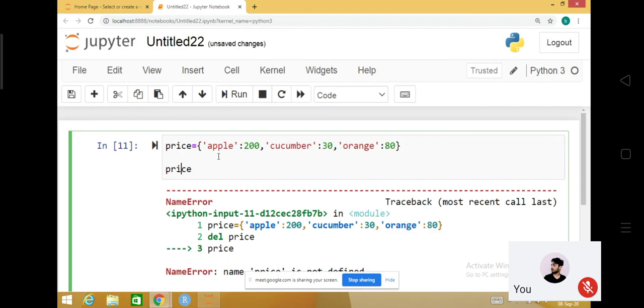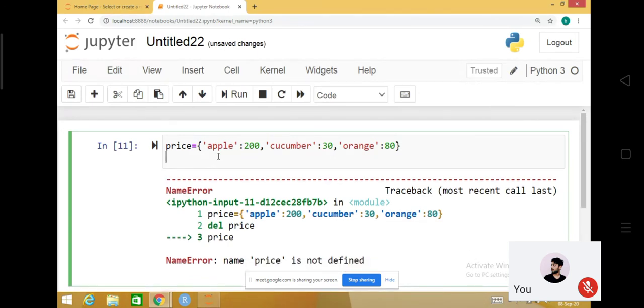Now the get function has another parameter: if nothing is found, what must be returned. That is the part. Now if I try to do the get, suppose price is my dictionary name. So price dot get.